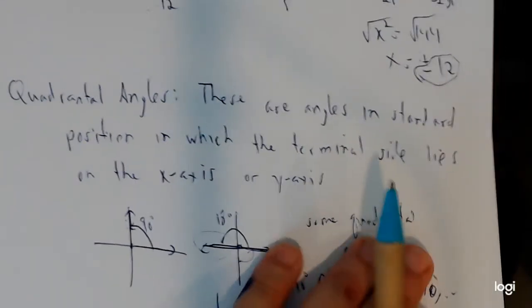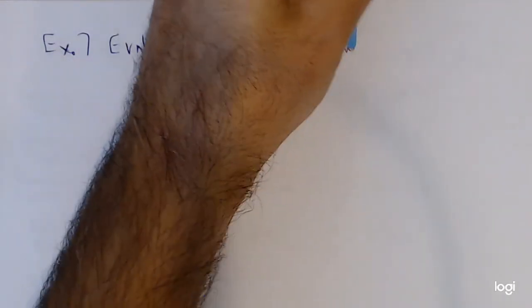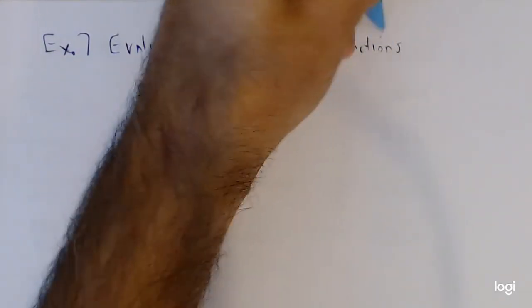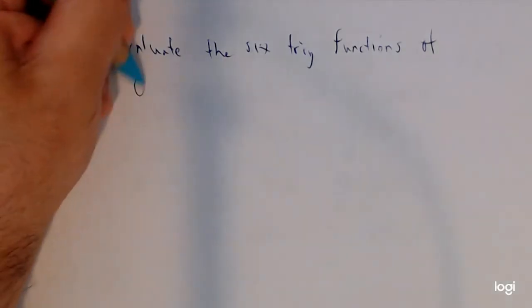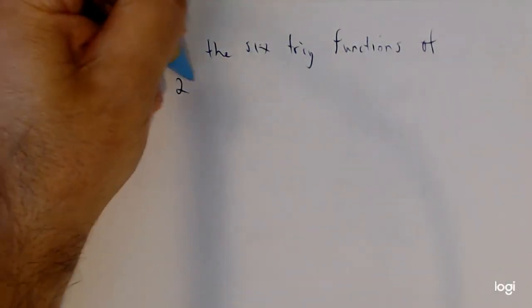So let's look at our last example, and this will have to do with quadrantal angles. And by the way, quadrantal angles still follow the same rules if we're asked to find the trig functions. We still need x, y, and r. Except, in my opinion, finding the x, y, and r for quadrantals is much, much easier. So evaluate the 6 trig functions